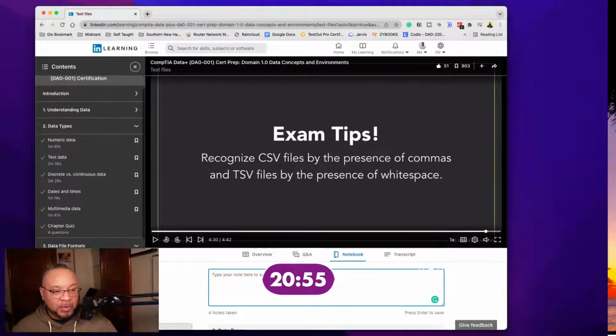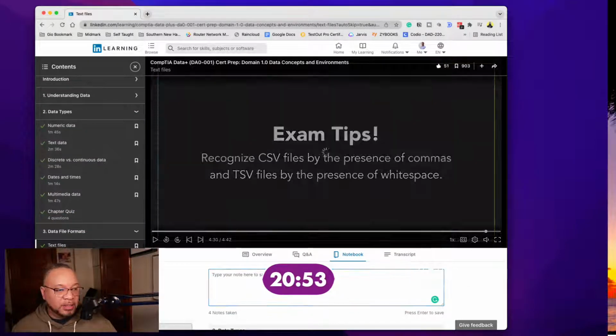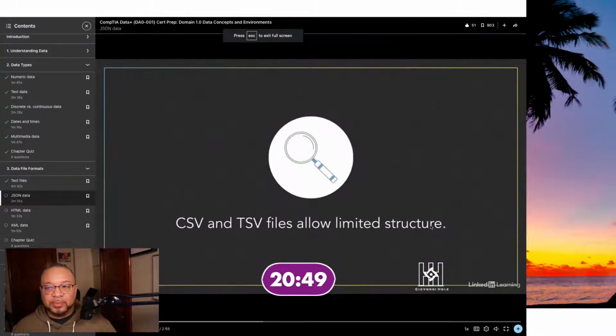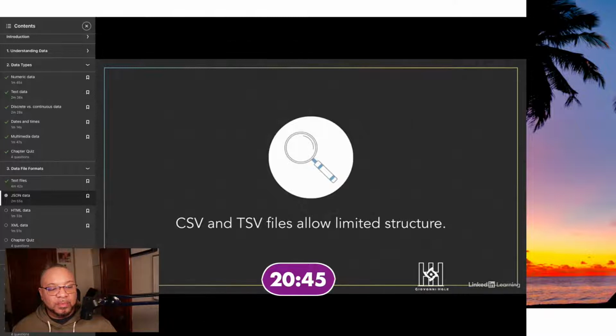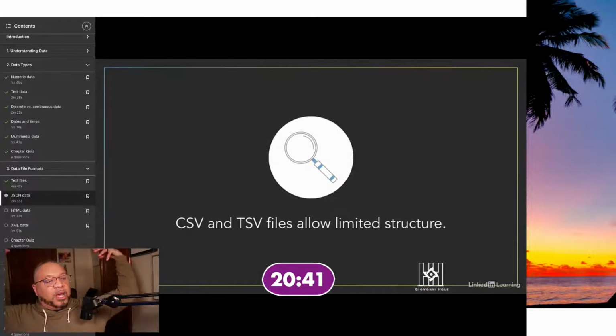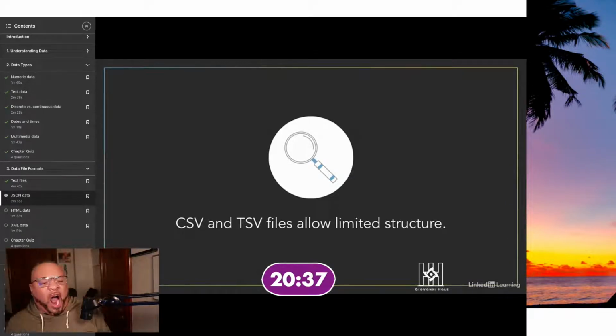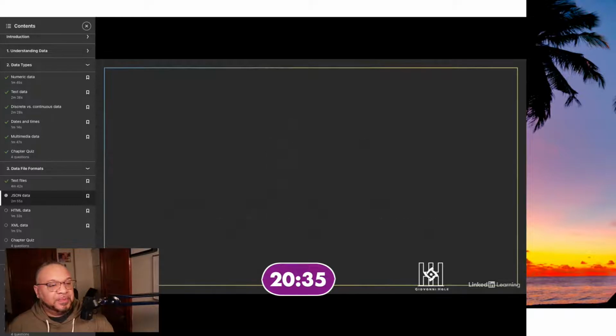Okay, now we can move back on to the JSON files here. While CSV and TSV files are very useful, they're also limited in the amount of formatting that you can use. And sometimes we need to store more complex data structures in text files or send them over the internet, and we need a more structured text format to be able to do that. That's where JSON enters the picture.